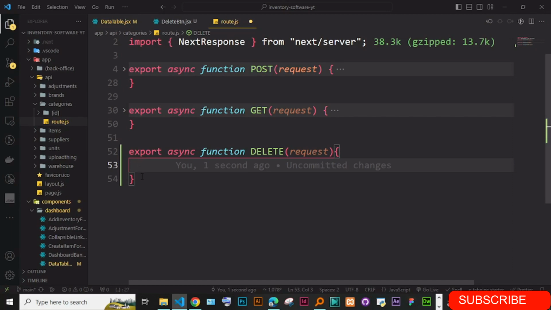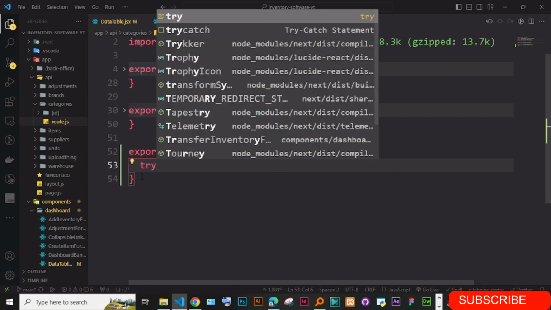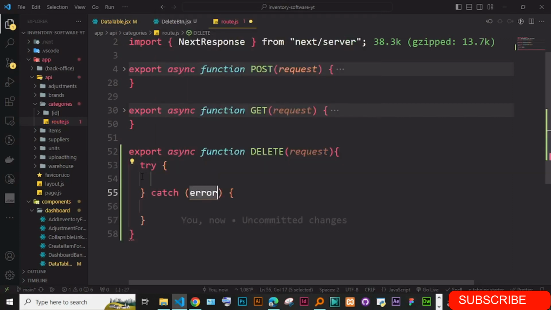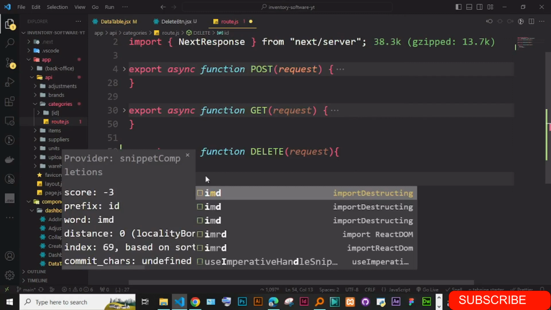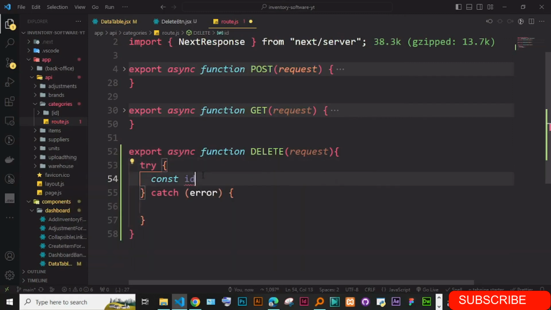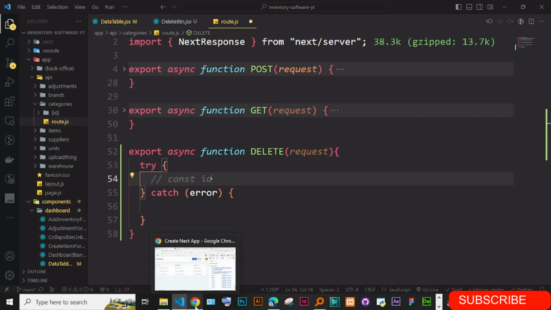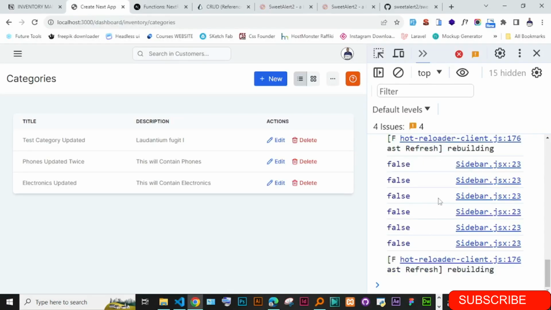Okay, and by the way, all these are supposed to be in a try catch. We're not using a try catch, but it's always good to have this in a try catch. Okay, but you could just say here, let's get the ID. So const ID. So how do we get the ID from the params? That is a big question. If you have an ID in the params, and by the params we mean the way we had this endpoint here,